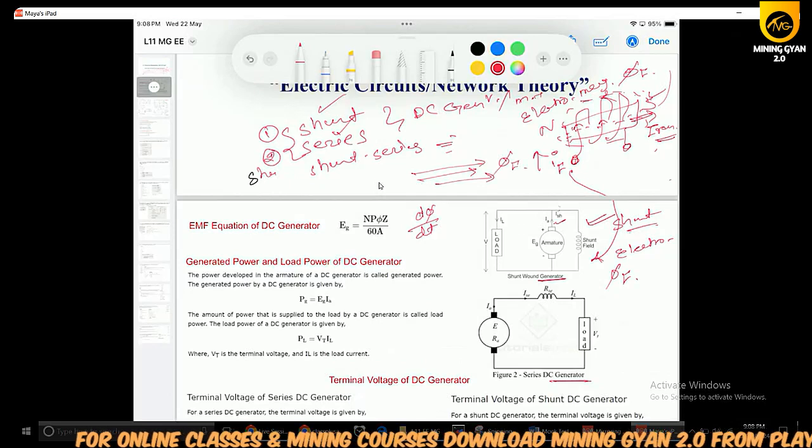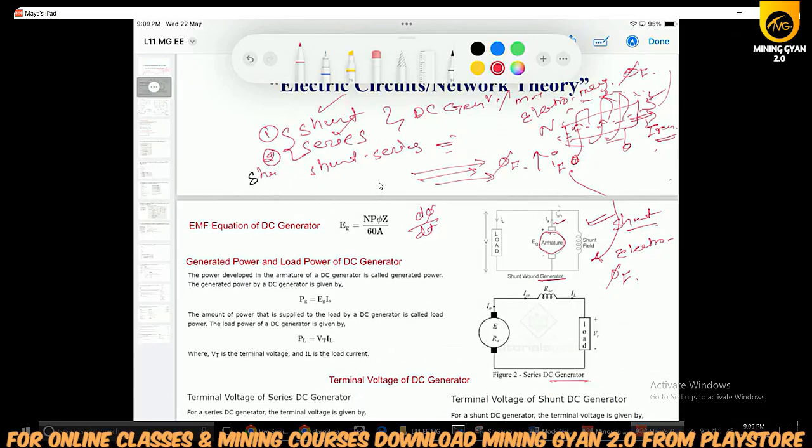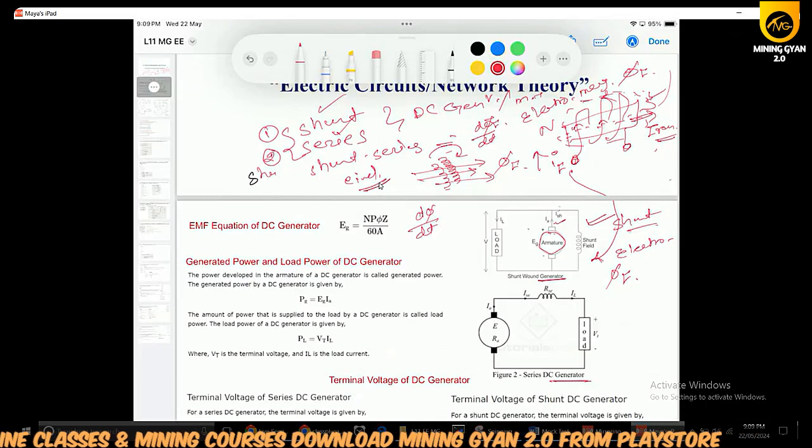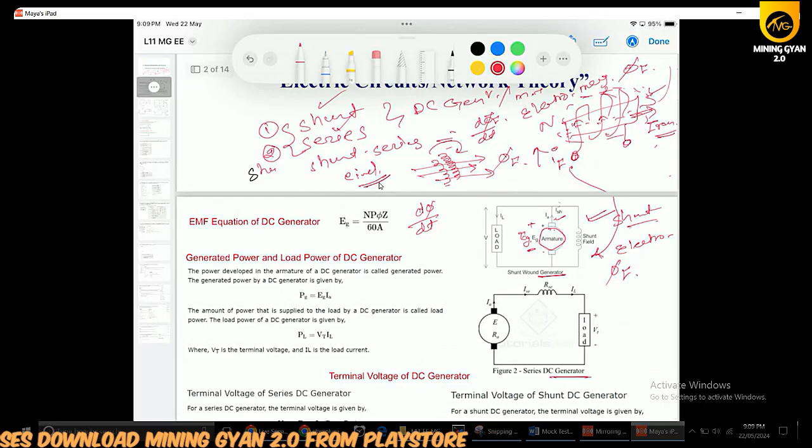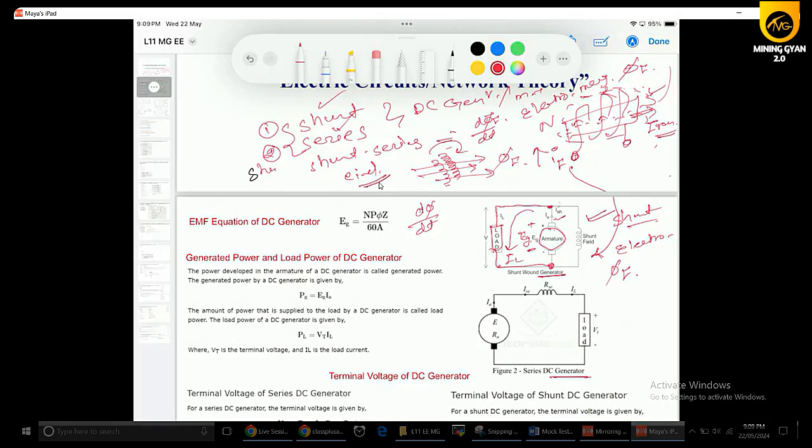Armature is the rotating part of the machine in which the armature windings will be there. So armature windings will be rotated by means of the rotating part of the armature, such that flux cutting will happen, d phi f by dt, and hence you will get the induced EMF. The induced EMF across these two terminals is called the generated EMF in case of the generator, EG. When we close the circuit by connecting a load across these two terminals, the load current will flow through this.